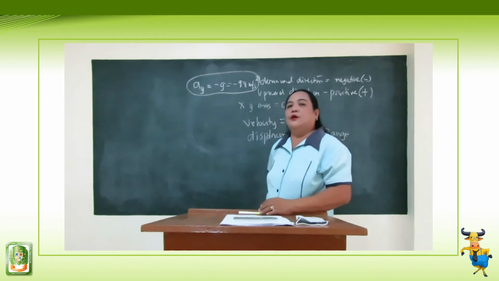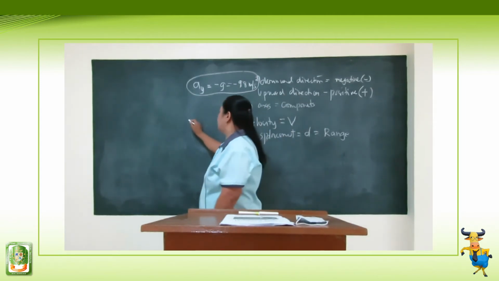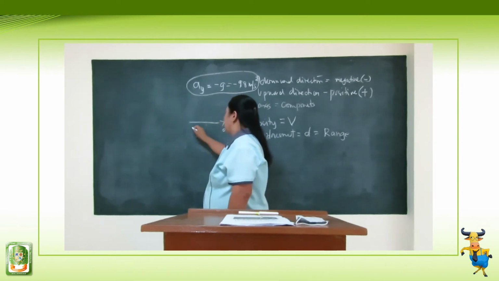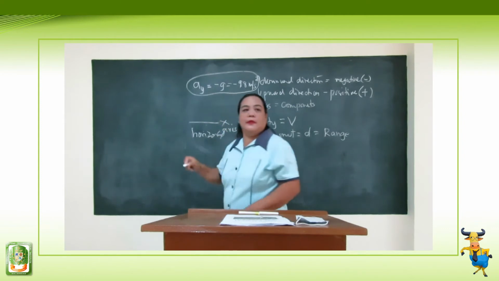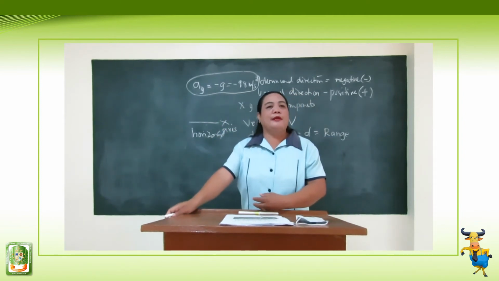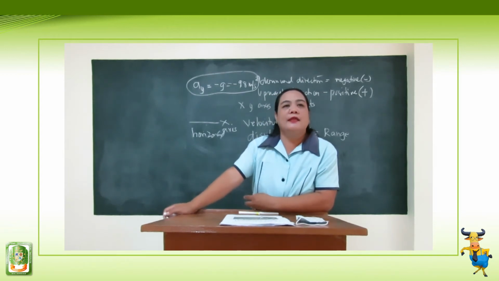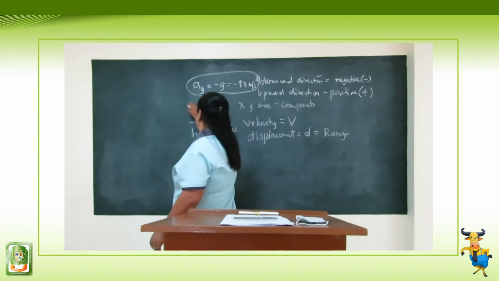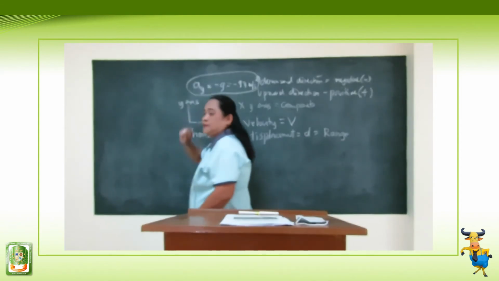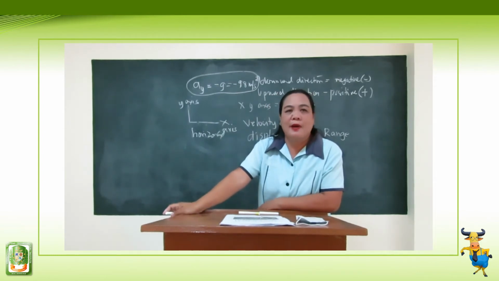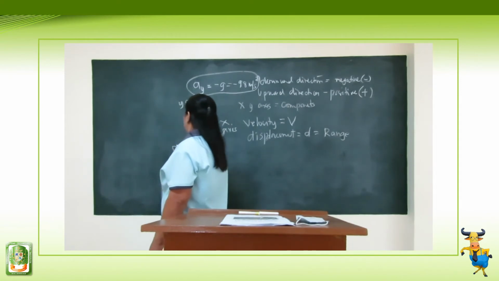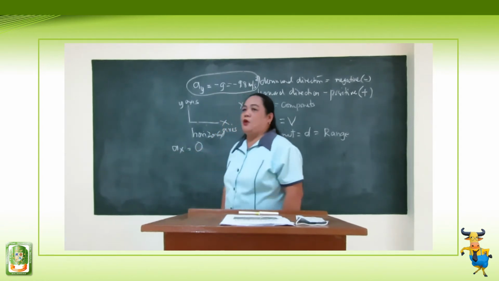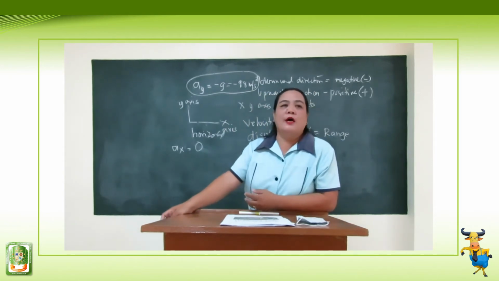So horizontal motion or component, this is the x-axis. The horizontal motion component of a projectile does not experience acceleration along the horizontal direction. And vertical is the y-axis. Therefore, in a mathematical equation, the acceleration along the horizontal motion is equal to 0. Why? Because